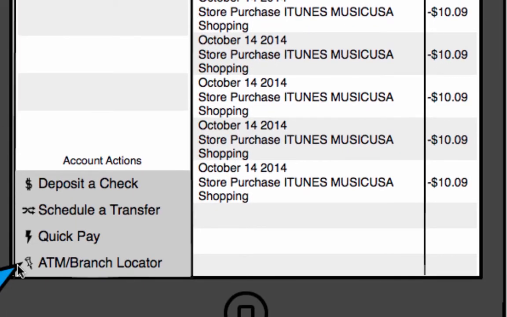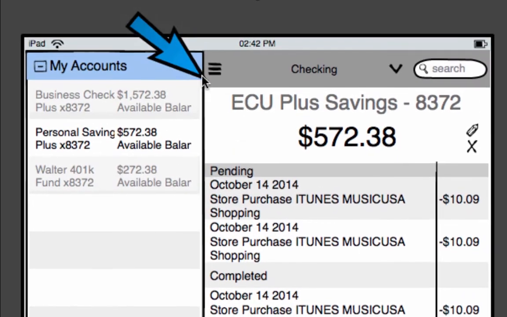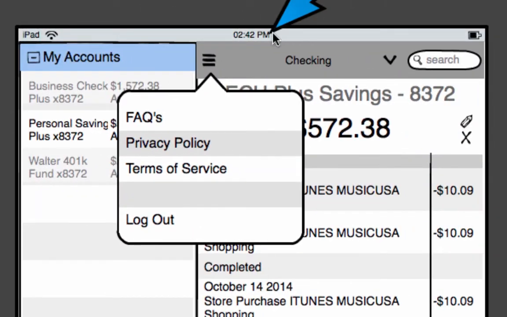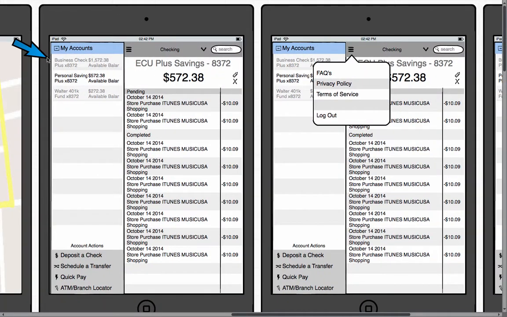That is different than what we have inside of the phone, because on the phone you have to click menu in order to be able to see the actionable items. And on the tablet, if you click menu, you only get these items right here, which weren't necessary to add to the left bar panel. So what we see is we have a list of our accounts right available to us,